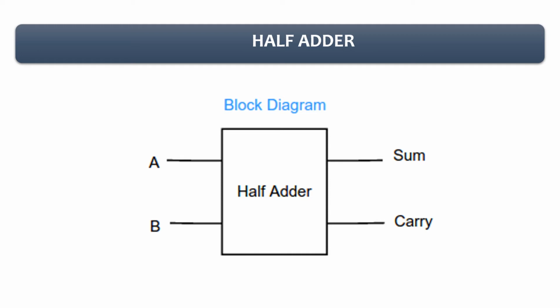We can say how many different ports there would be, how many input lines there would be. From the outer side we can say that there are two different inputs. We know half adder works with two inputs only, and whatever inputs you give to the half adder, it always generates two outputs. One is the sum and the second is the carry, right? So S for the sum and C for the carry. So this is the block diagram of half adder, where you need to show two inputs and two outputs.